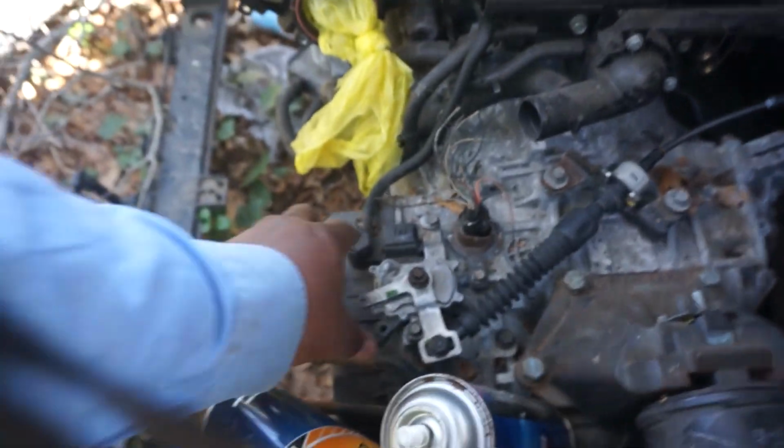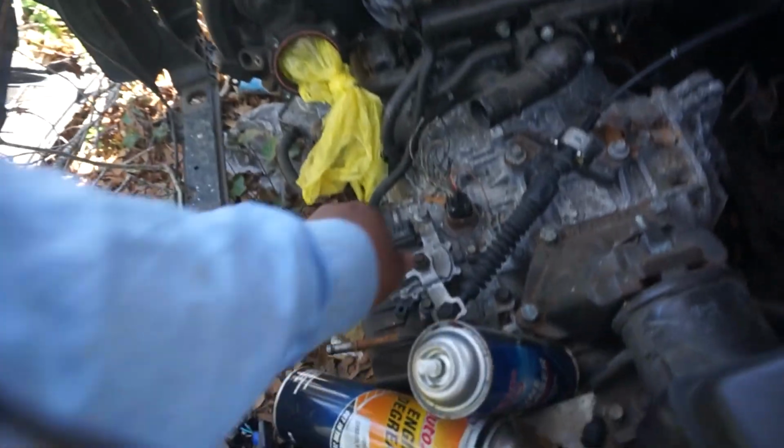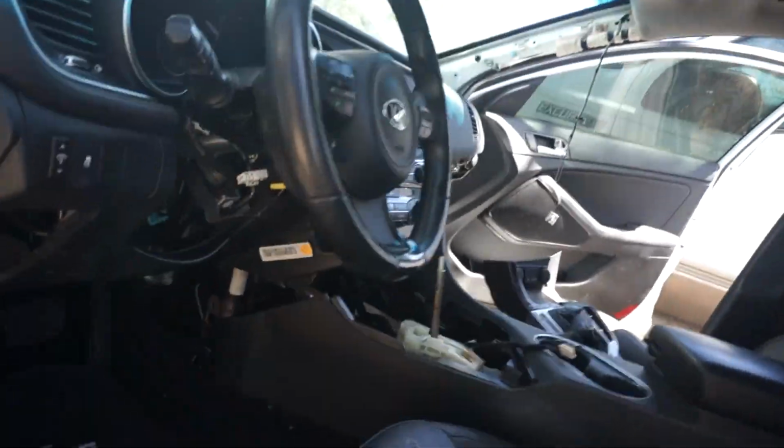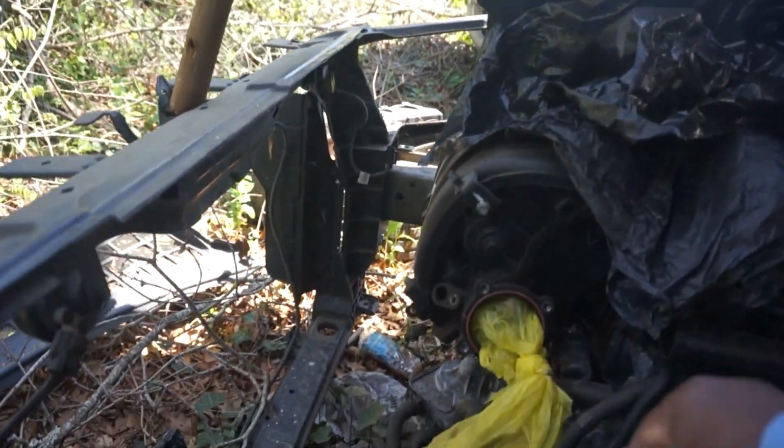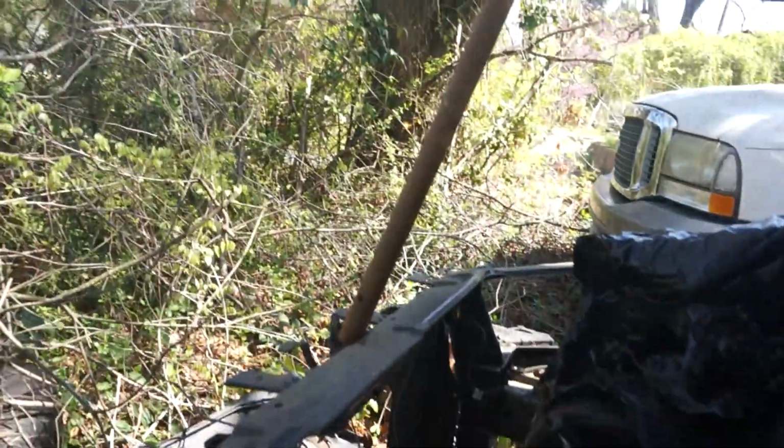Hold on for a second here. Let me get this thing in place. I'm going to put that screw back on there for right now. And yeah, that's where it goes. This is the shape and everything. So that is hooked. That is hooked. Okay, we're just going to tighten this a little bit because